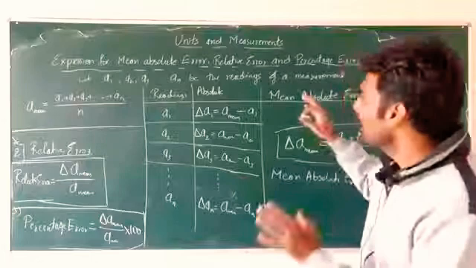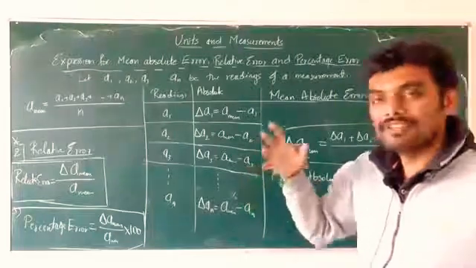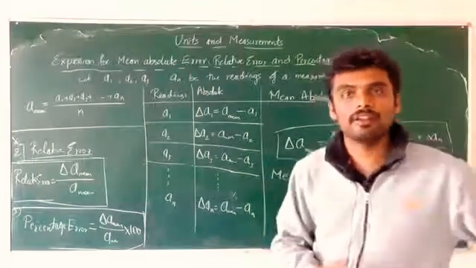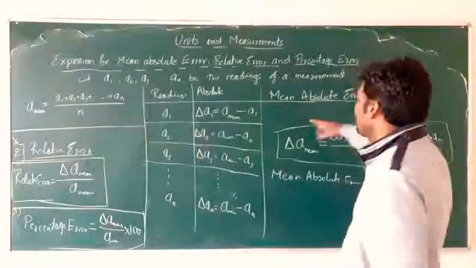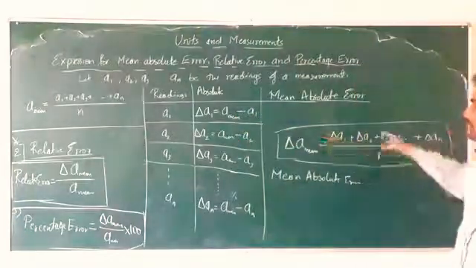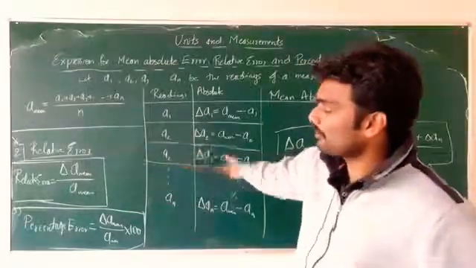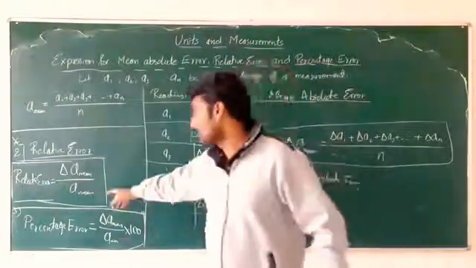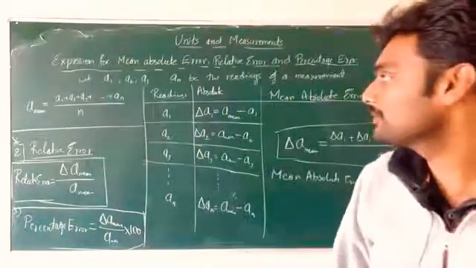Very important formulas, and this is the method to be followed when we have a set of readings given. If the set of readings are given for any measurement, the true value shall be obtained first by taking the mean, and then take the absolute errors for each reading, then take the mean of those errors, that itself is mean absolute error. Then put that into delta A mean by the true value, you will get the relative error, then multiply that with 100, then you will get the percentage error.